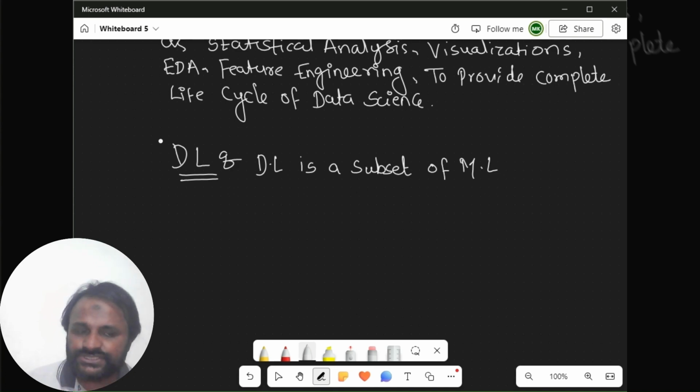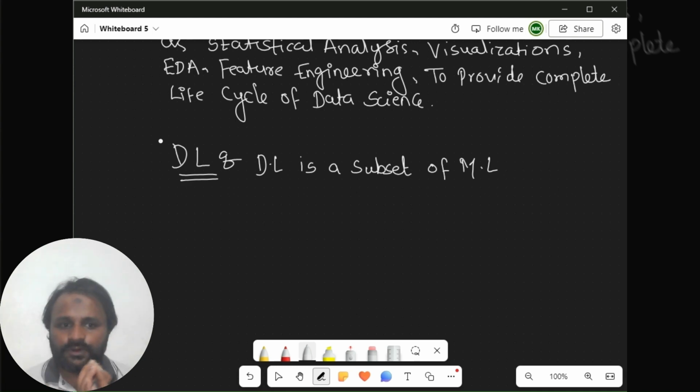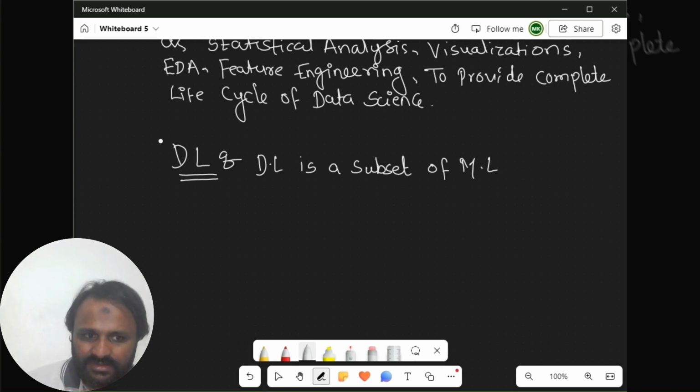It's used from 2005 or 6 onwards, when Orkut was there and then Facebook entered the market. So the story is different. I will create a separate video on deep learning, why deep learning is so important, and you people can see that video as well, so you will get better exposure to deep learning.